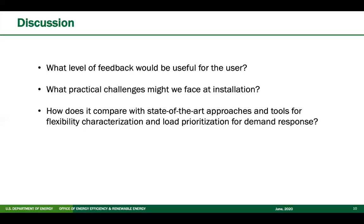energy concepts. Yeah, I mean, we can certainly deal with issues of certainty in terms of forecasts, but what we would need to see would be not just whether a device is in a state where it can offer service, but how much it can change its power in either direction, with what sort of certainty